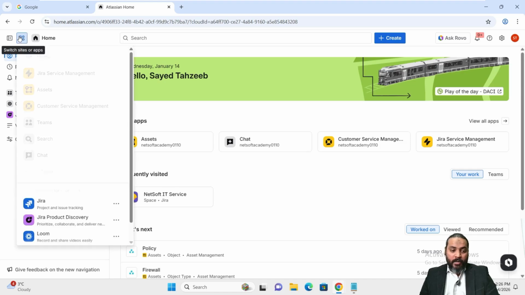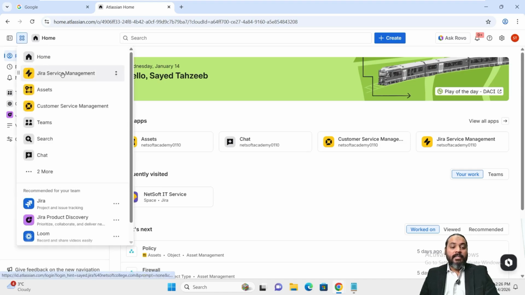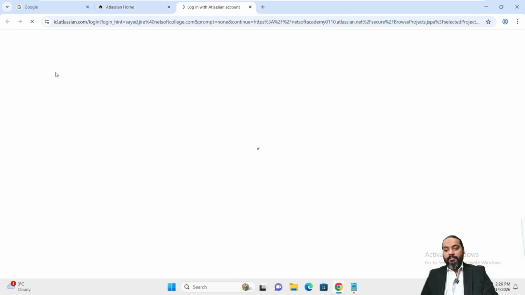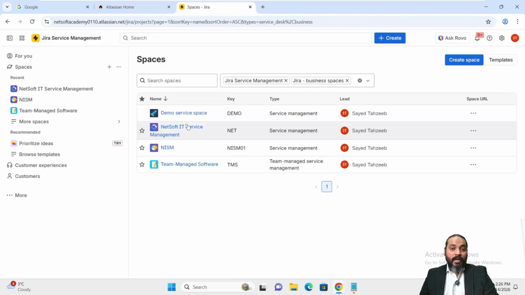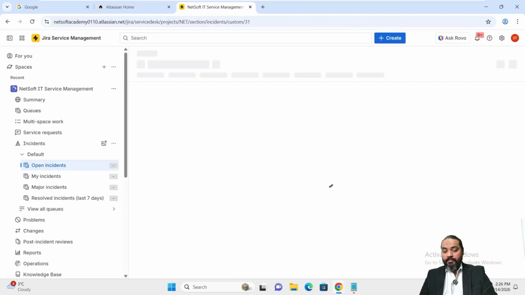We'll click on top right corner and then click on Jira Service Management. 4 blocks which shows switch sites or application. Click on these 4 blocks and click on Jira Service Management. Click on NetSoft IT Service Management and then